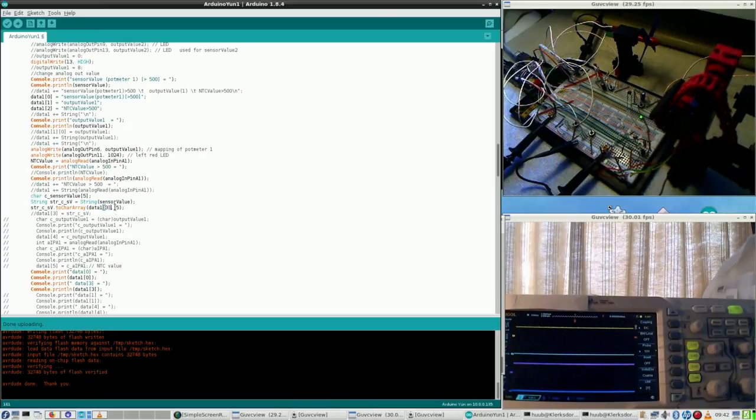That did compile fine. So now I have only uncommented these lines, data 0, data 3.